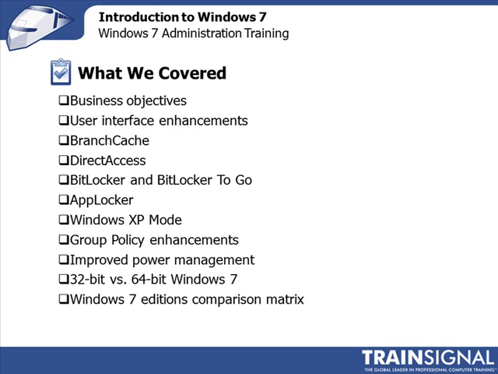We briefly touched on some group policy enhancements that come with Windows 7, and you learned about how Windows 7 sips power, particularly in a mobile environment, and how it can lower utility bills and extend battery life. You then delved under the hood and talked a little bit about 32-bit versus 64-bit Windows 7 and what the primary differences are between these two architectures. We finished up with a summary of the Windows 7 editions in a visual comparison matrix that you can look at to determine which editions of Windows